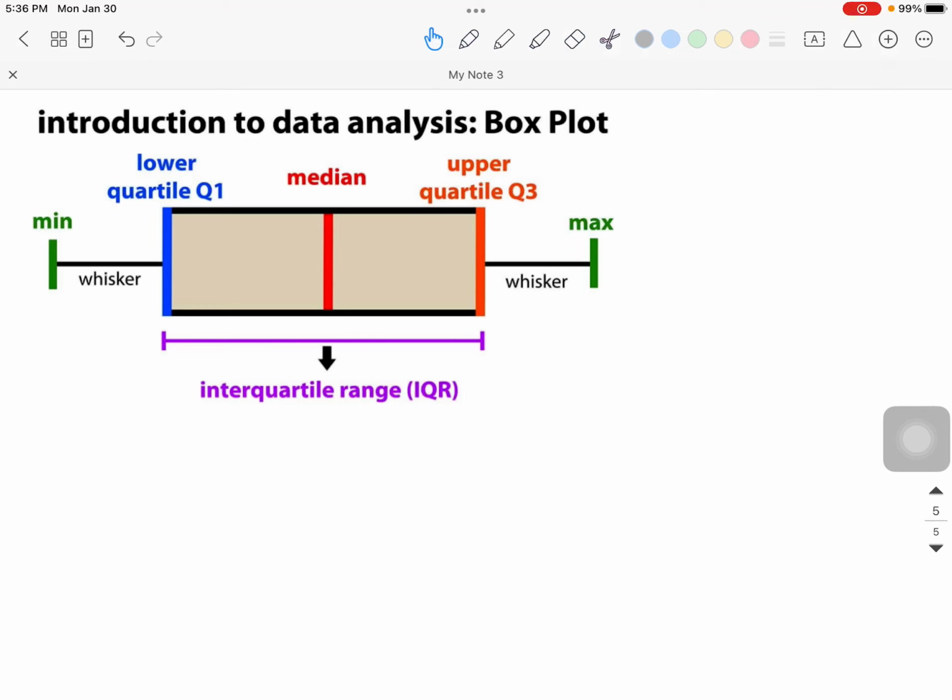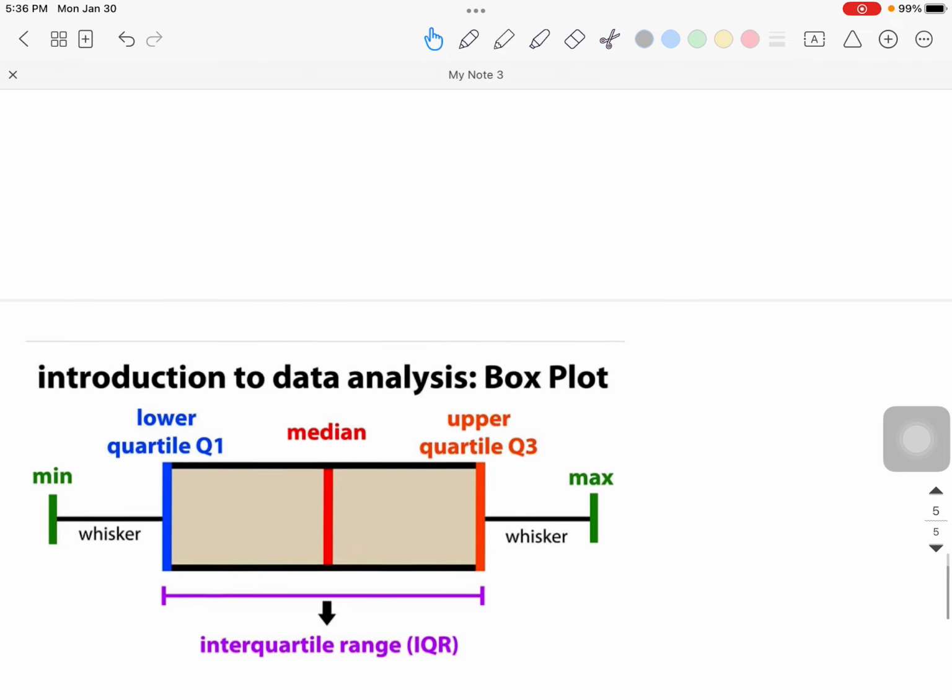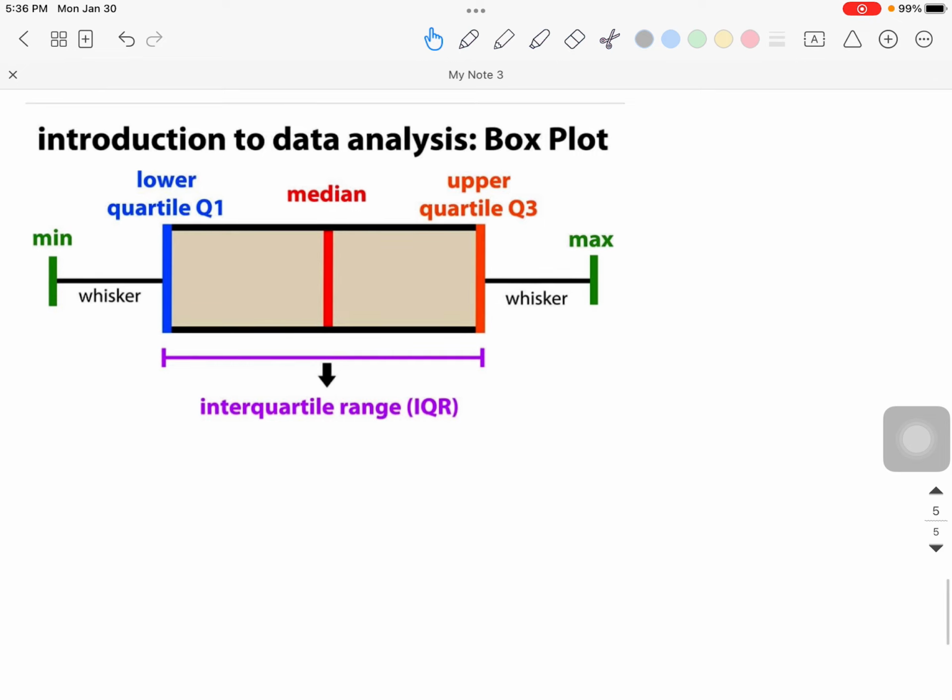I wanted to make a quick video about the box plot and some of the things that come along with it, including something called a 5-point summary. So let me write that on here, 5-point summary. If you have a collection of data and you want to make some general conclusions about it quickly that are easy to visualize, this is something that you might be asked to do. And so a 5-point summary